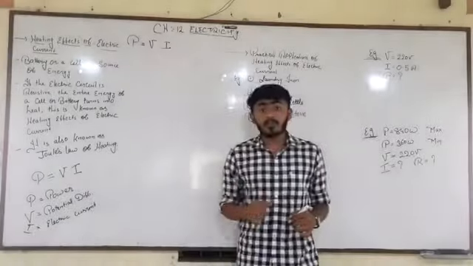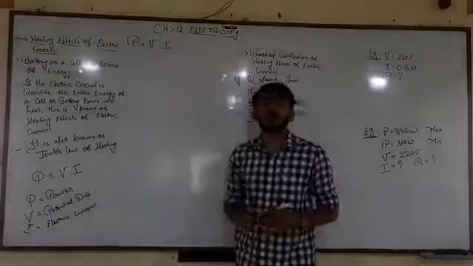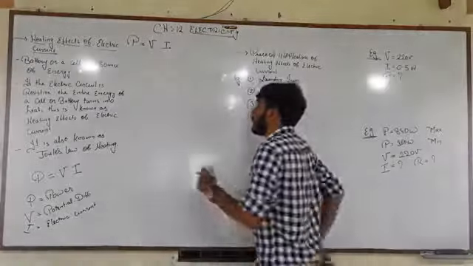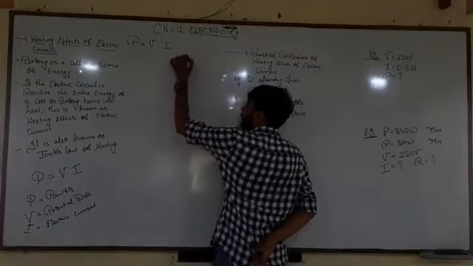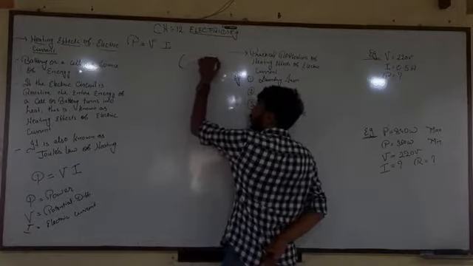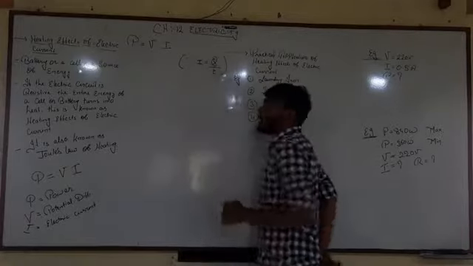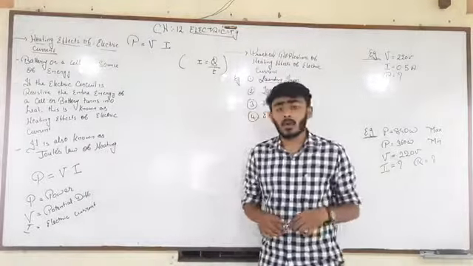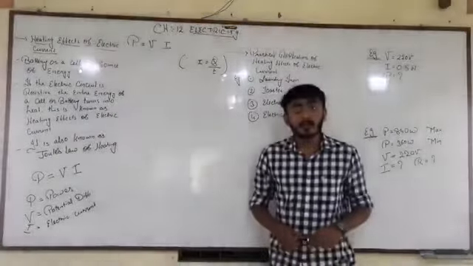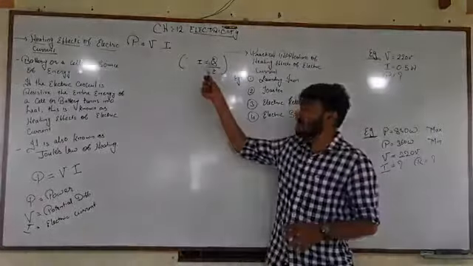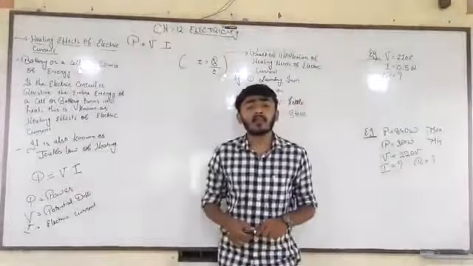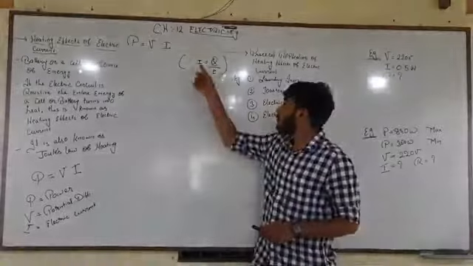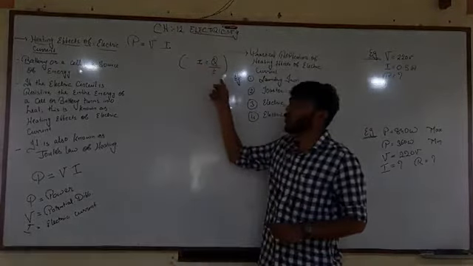Now students, you should know what the formula for electric current is. That was something like I is equal to Q upon T. The number of electric charges passing through a cross-sectional area in a definite time interval is known as electric current I. So just now I have the formula I is equal to Q upon T.